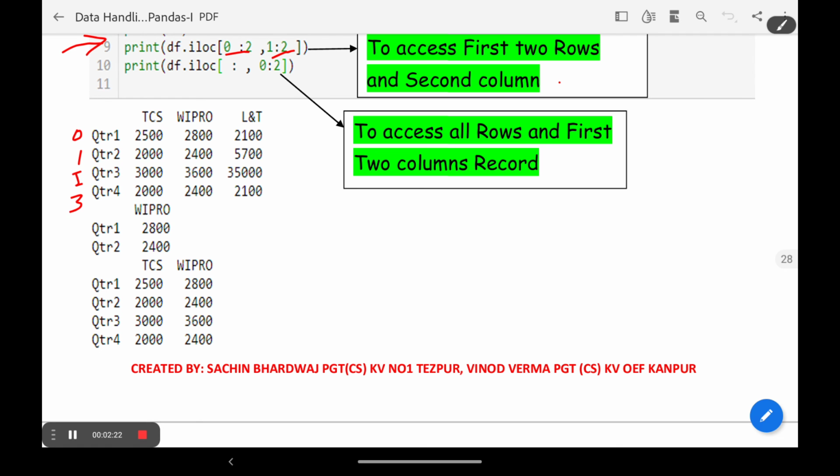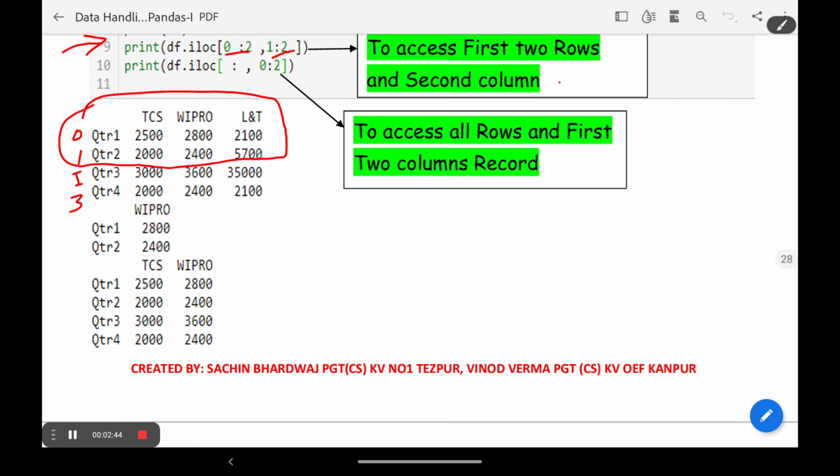But what is happening here? 0 and 1 will come. I told you in iloc, even if you mention 2, it will not come. So 0:2 means only the 2 rows, but the entire row will not be taken.